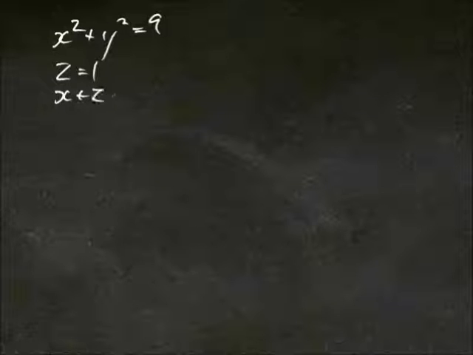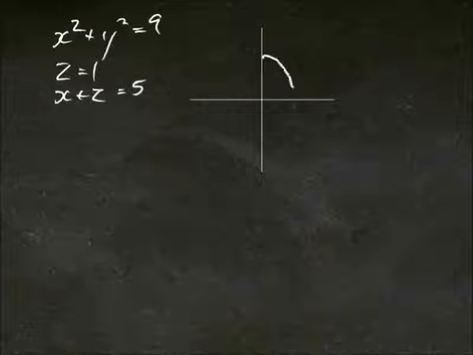For a more challenging example, sometimes the shape is bound between certain functions. For example, the volume of a solid bound between x squared plus y squared equals 9, which is a circle, z equals 1, and x plus z equals 5. It's best to draw these to get an idea for what the shape looks like. So you know the first one will look something like a circle